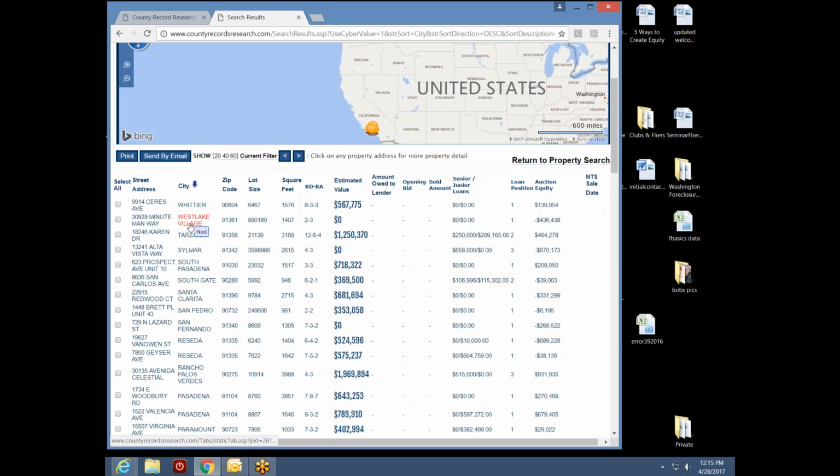Now the very next property is in Westlake Village, and this one has an estimated value of $0. I don't know why that is. There's obviously some discrepancy here. That might be a commercial property. Normally when you see a 0 for the estimated value, that's going to be commercial. And I don't want to get into that. That's complications to my life and yours. So I'm going to step past Westlake Village and we're going to go on to the next one on Karen